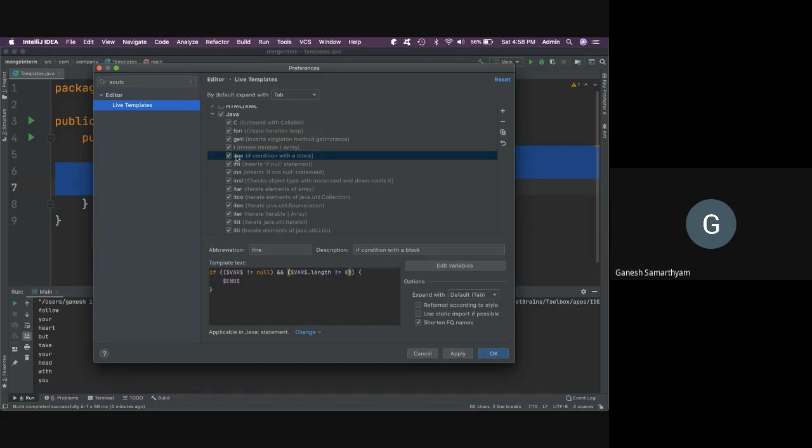Now the value I have given is if not empty. If condition block, checking a string for not null and for not empty, right?